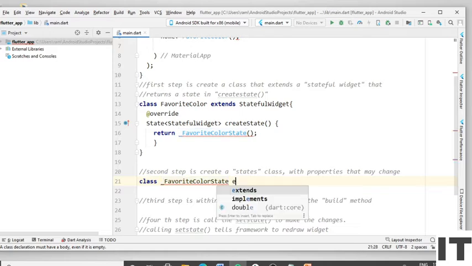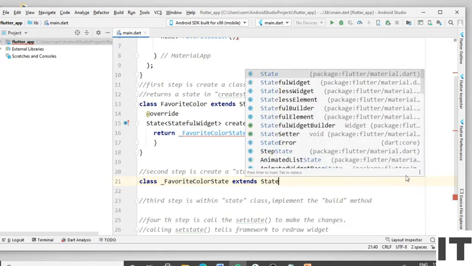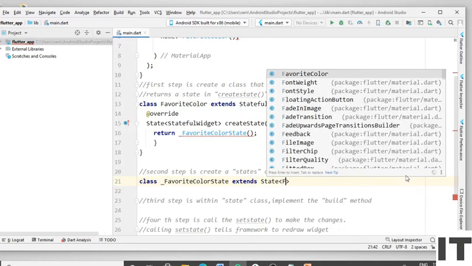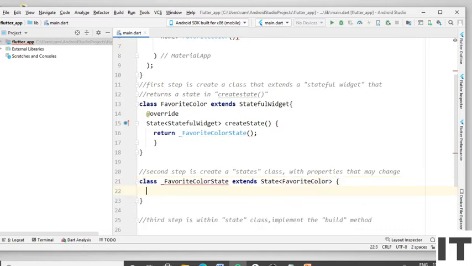Extend. Type the State. Open the angular bracket and type the FavoriteColor. Put the semicolon and press the enter. As per the rule, define the property which might change in future.